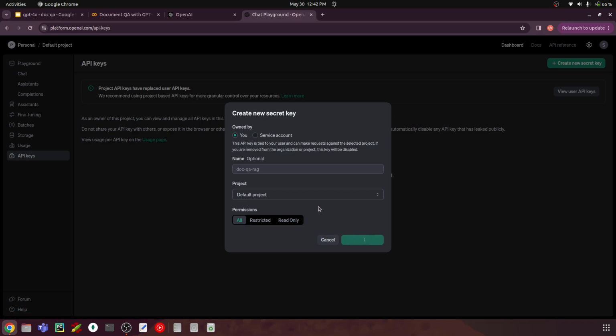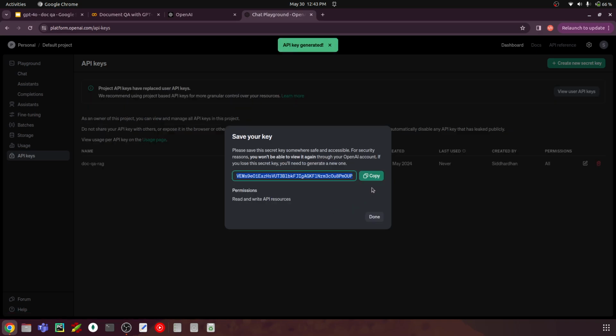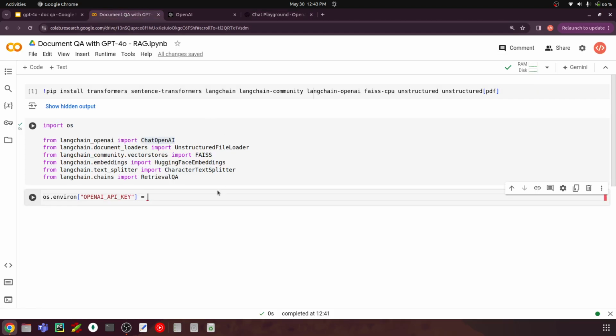So for project, you can leave this as the default project, or choose a different project if you have created multiples. Here I'll copy the API key and put it here. This is actually not a recommended way to put your API key in your code